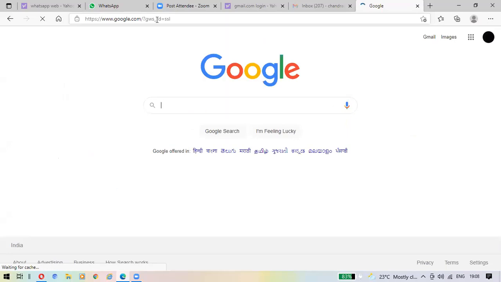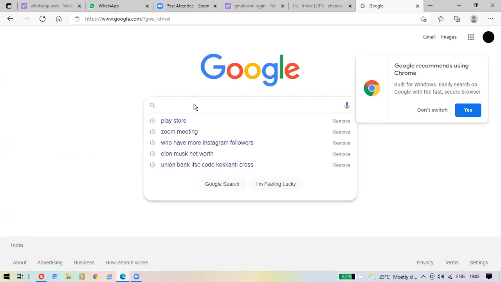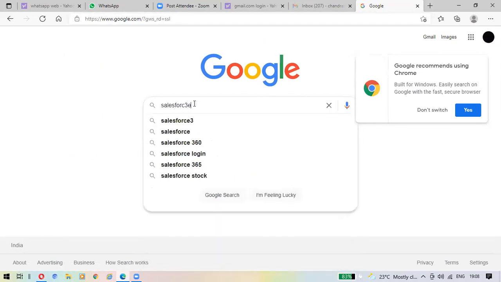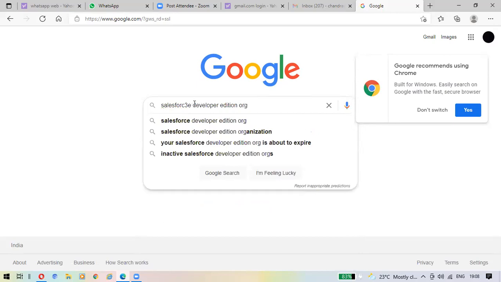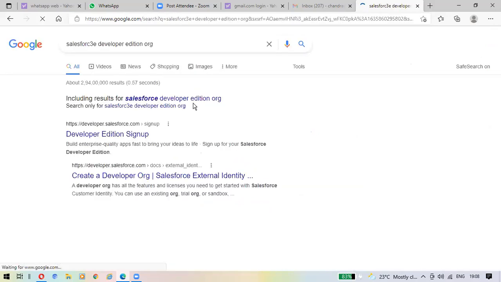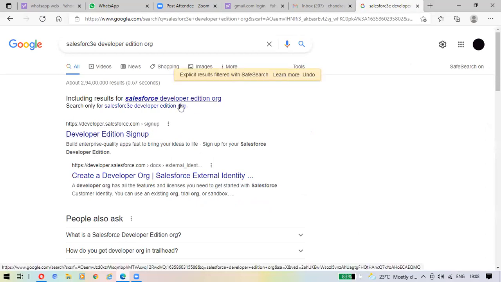Yeah, here you type what I said: Salesforce developer edition org. Click on that, developer edition sign up. No, not that. Next link, up one. That one you click.